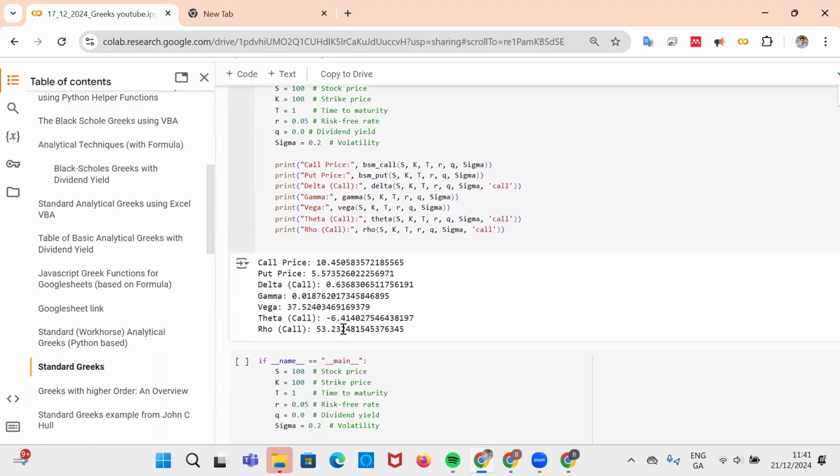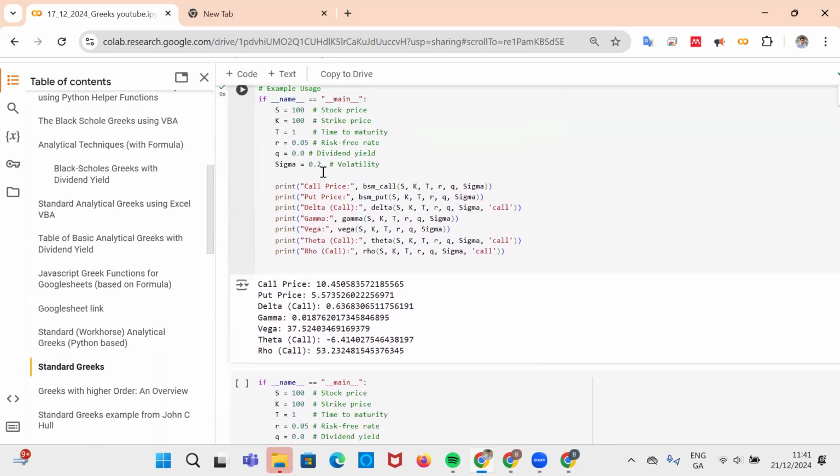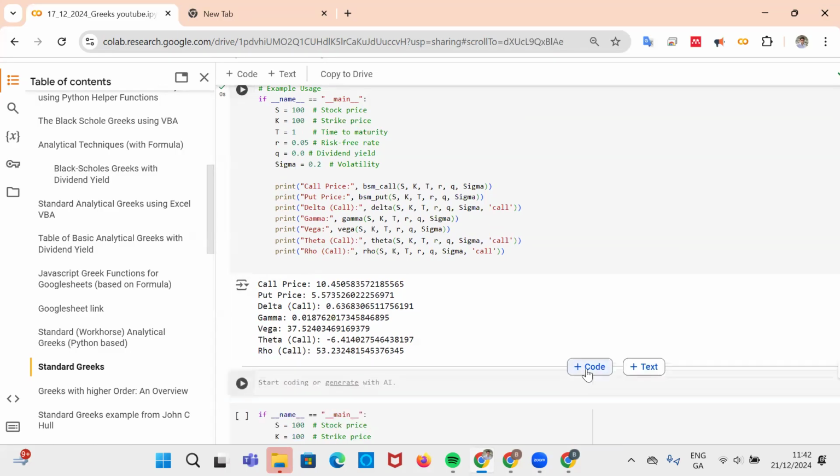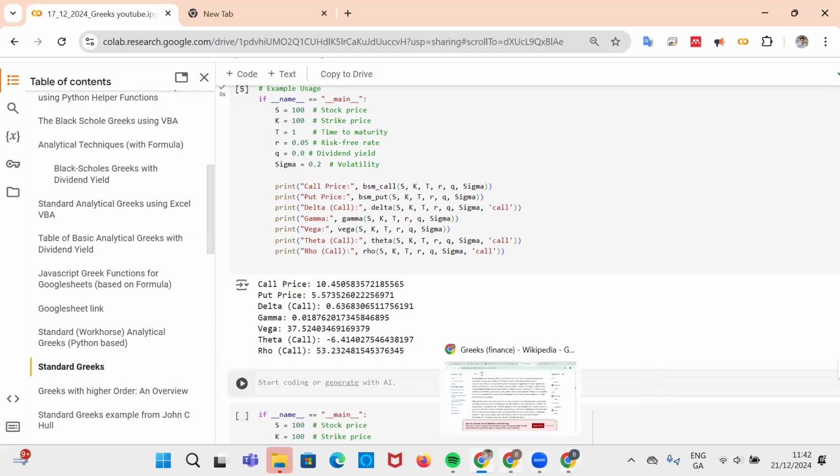We can observe directly here that for those parameter inputs, the value of the option is 10.45, the put is 5.57, and we have the Greeks here for the call, and we can make a direct comparison with previous estimates I made using